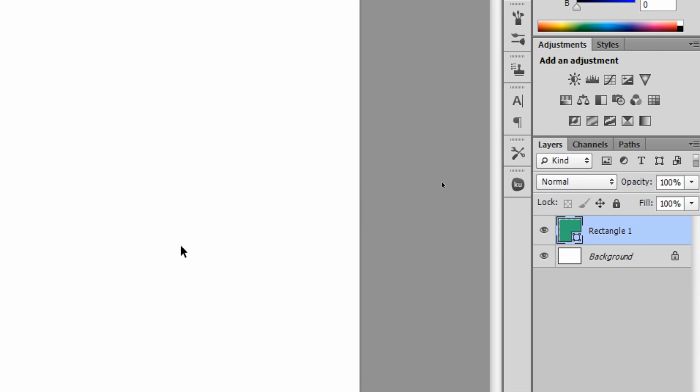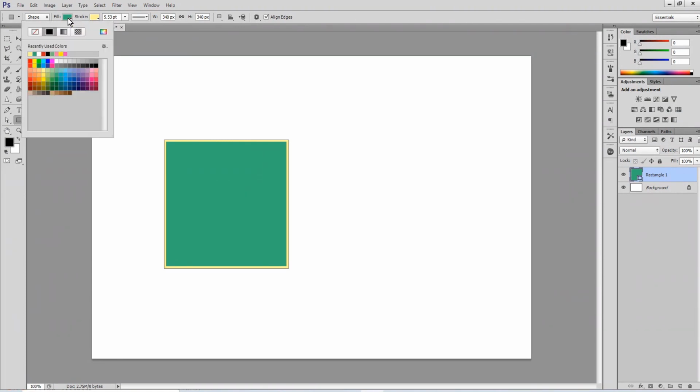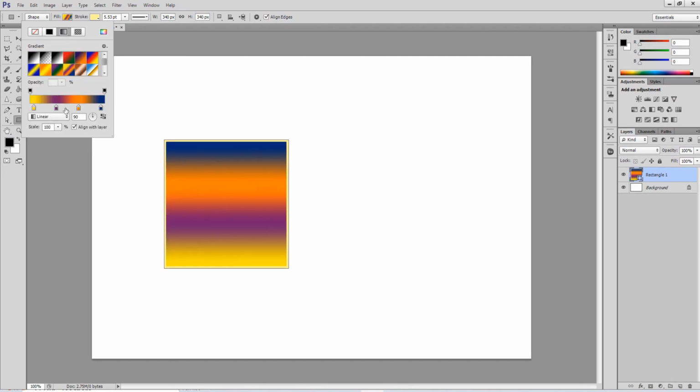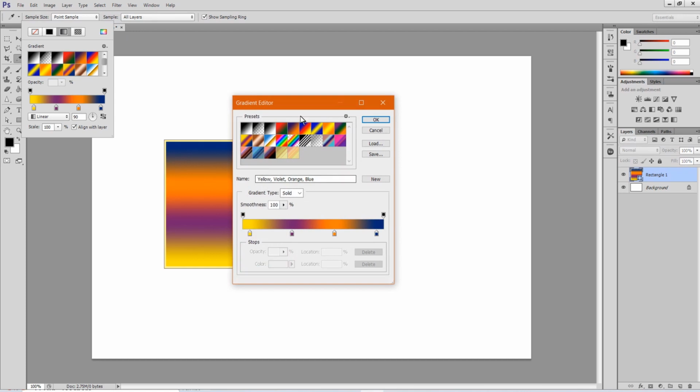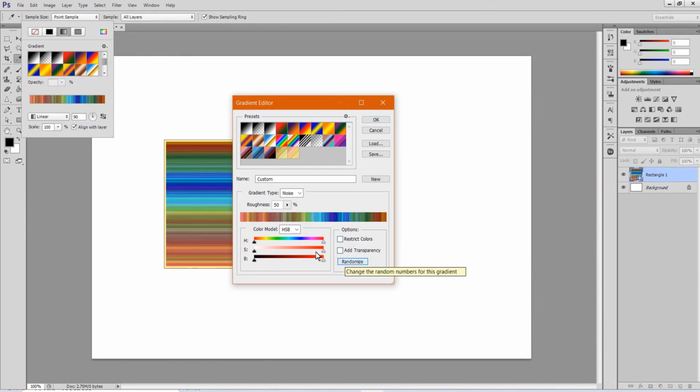Now coming back to the canvas, after drawing the rectangle, I can make changes to it even. You can select the options before drawing the rectangle and you can also make changes after drawing the shape. Choose here. You can choose a gradient if you want. Click on this. You will find the Gradient Editor dialog box. Choose the gradient that you want to fill or you can create a new gradient by clicking on the randomize button. Now click on OK.